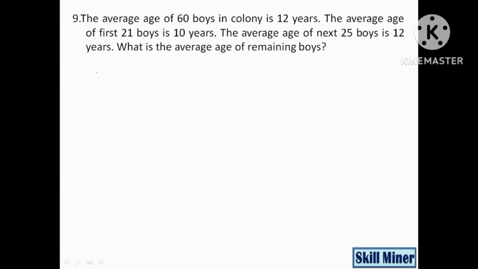The average age of 60 boys in a colony is 12. The average age of first 21 boys is 10. The average of next 25 boys is 12. Okay. What is the average of remaining boys? So